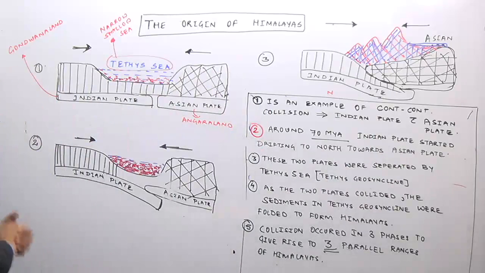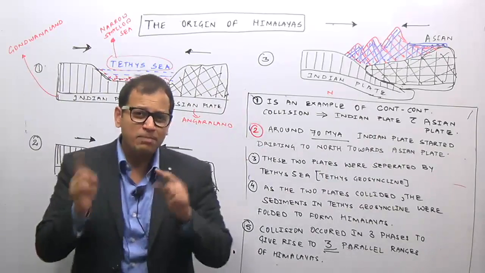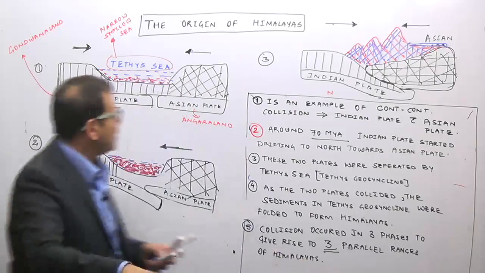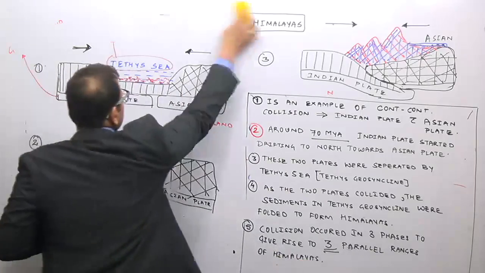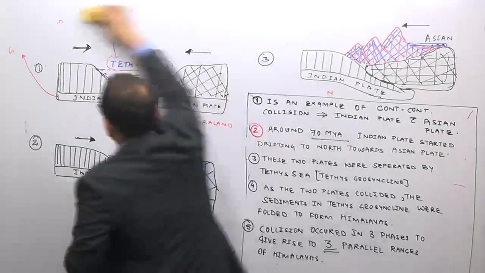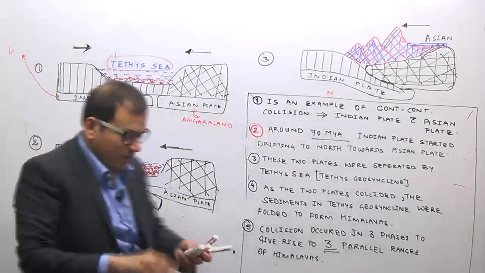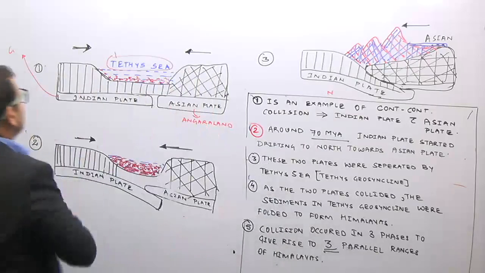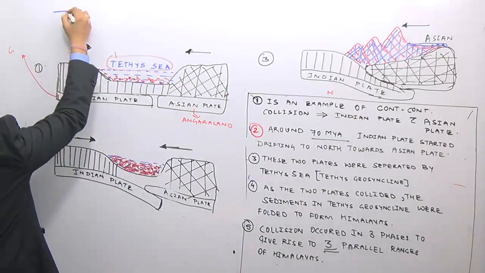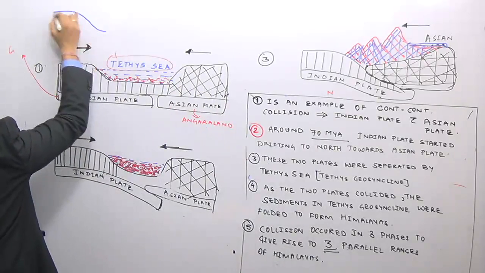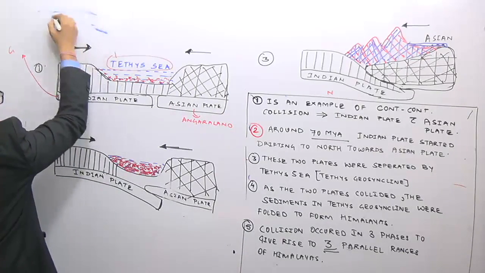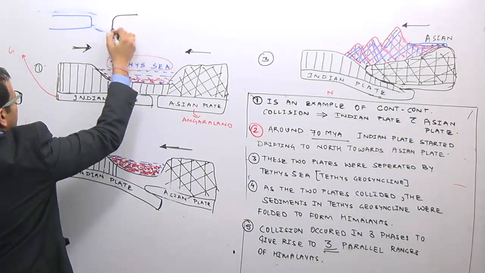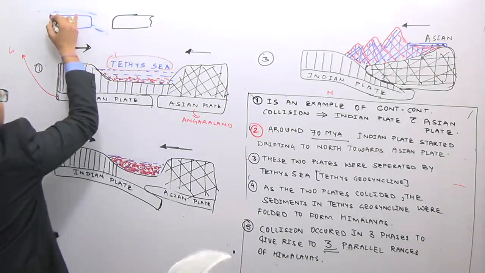Look here, what is an example? If you remember your plate tectonics lecture, when does volcanic eruption occur? Volcanic eruption occurs when a dense plate, that is an oceanic plate, goes below the continental plate. If this is one oceanic plate and this is a continental plate, when these two plates collide,